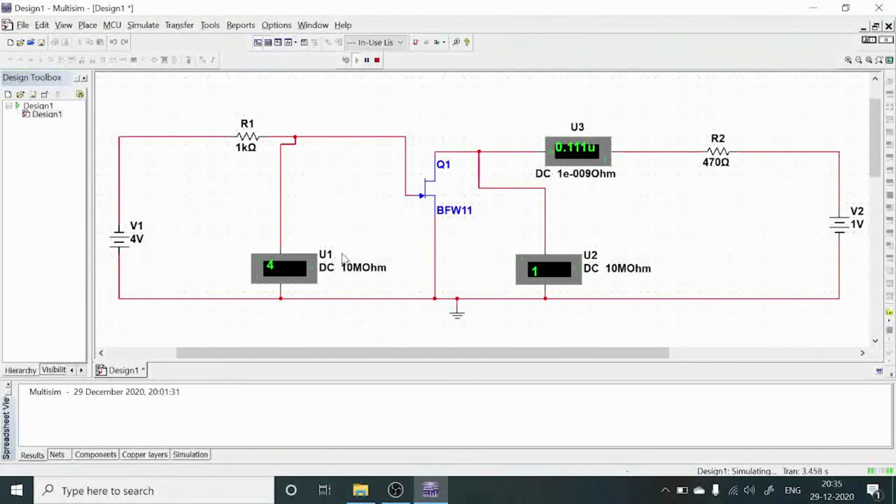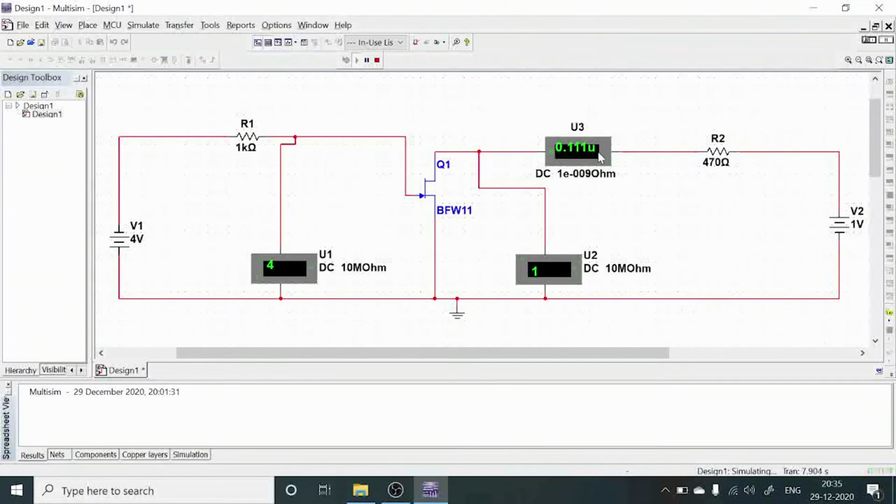So like this we need to observe the transfer characteristics by maintaining the drain to source voltage constant, by varying the gate biasing voltage. So at this point, at 4 volts, the current almost reaches its minimum.